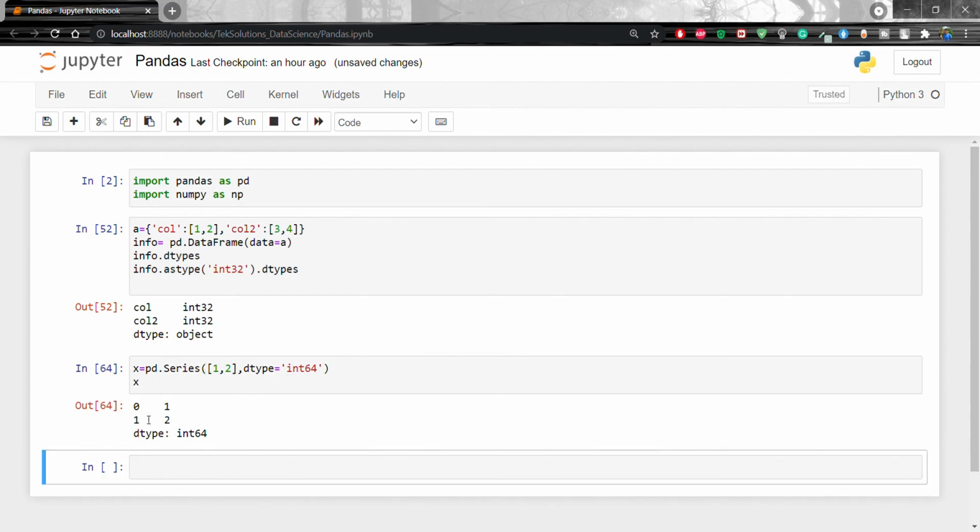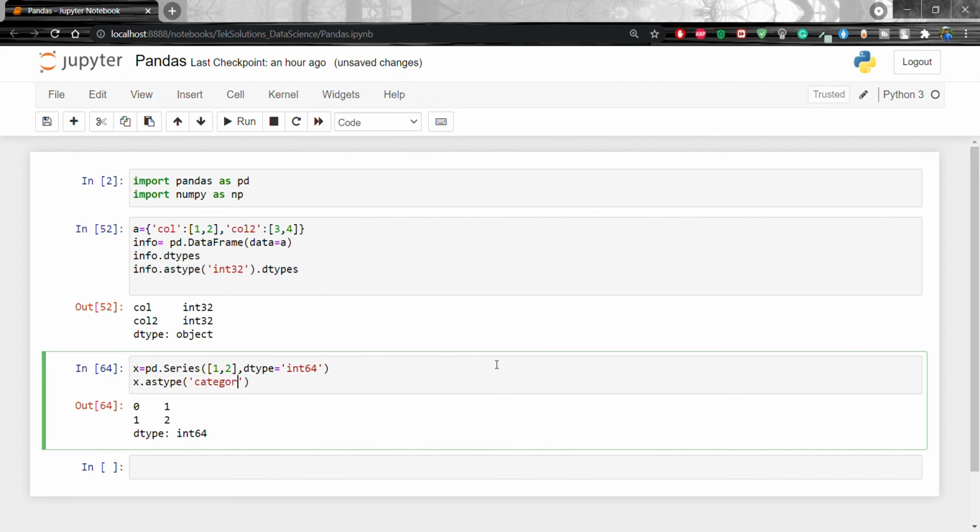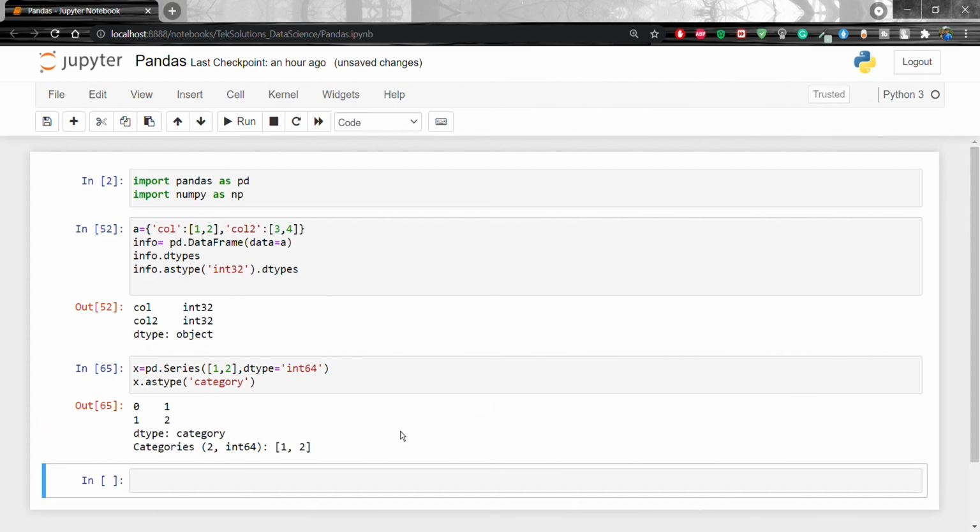Now I am going to convert x using astype and pass category, converting to category. Now the dtype will be category. Shift enter. The dtype is category, and the categories are integer 64.